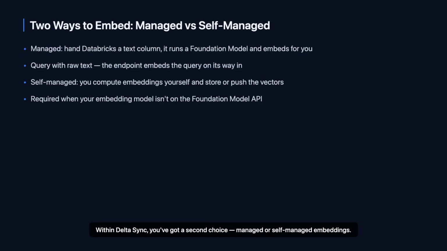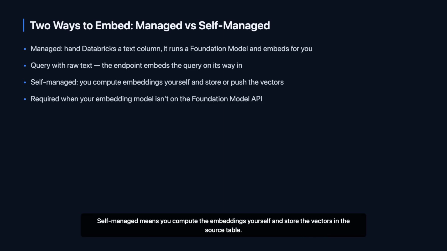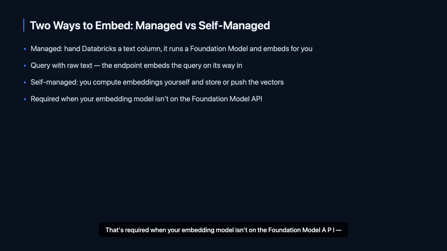Within Delta Sync, you've got a second choice: managed or self-managed embeddings. Managed means you hand Databricks a text column, and it runs a foundation model behind the scenes to embed every row. At query time, you send raw text, and the endpoint embeds your query on its way in. Self-managed means you compute the embeddings yourself and store the vectors in the source table. That's required when your embedding model isn't on the foundation model API, a custom fine-tuned encoder, for instance, or something